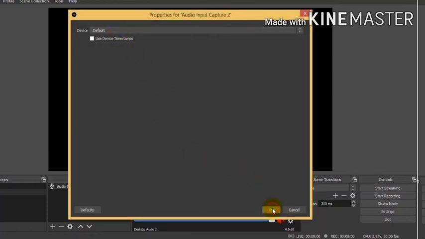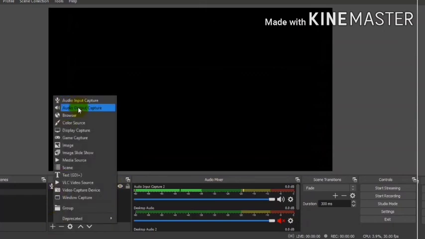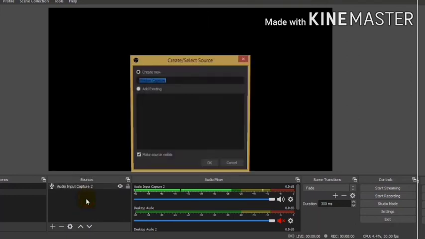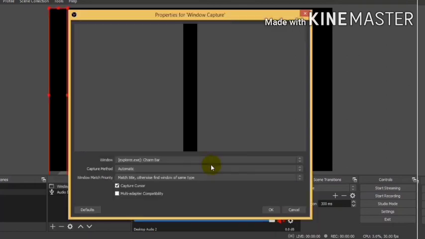In a similar way we can add multiple sources, and then we have to bring those sources to a specific Screen 1 or Screen 2.